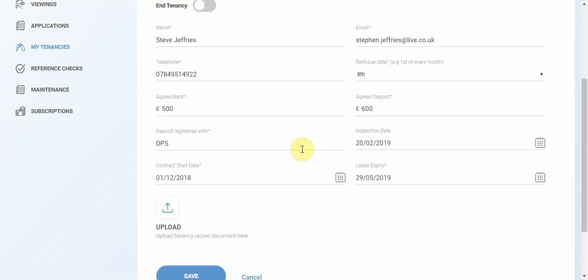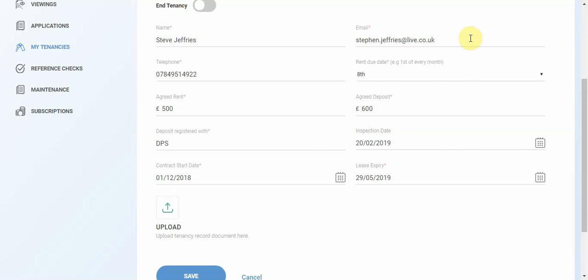Okay, so we're going to take a look at the tenancy record section. This is the page that you'll come to from one of two sections. You will either have accepted an application from a tenant and you'll have got that double confirmation from them that they're definitely happy to proceed, or you'll have come to this point at which you receive a completed reference back from Let's Safe saying that everything's okay, and then you can click Create Tenancy Record and it brings you to